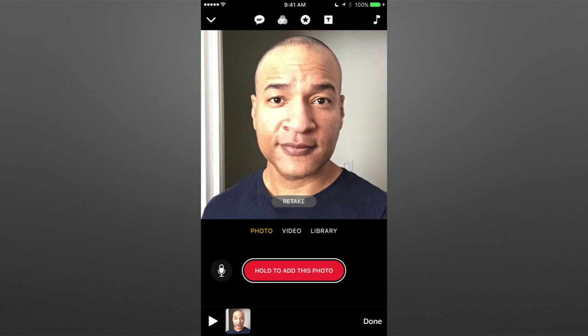Now, how do we get it into our project? Well, you have to record the photo into the clip's timeline. And you do that by hitting the record button and holding it, like we did before with video. So the key here is to tap and hold the record button for the length of time you want the photo to appear in your clip's timeline. Best to record more than you think you need, because you can always go back and trim it later. So let's do that. Let's hold,